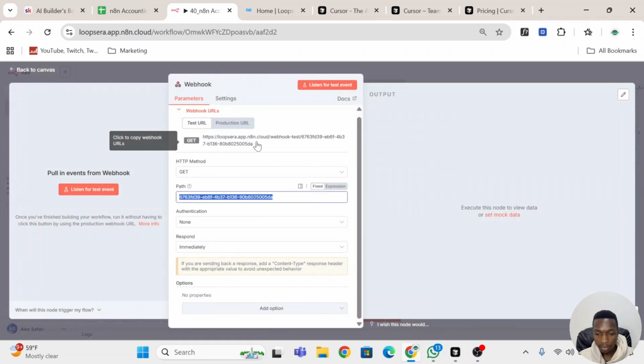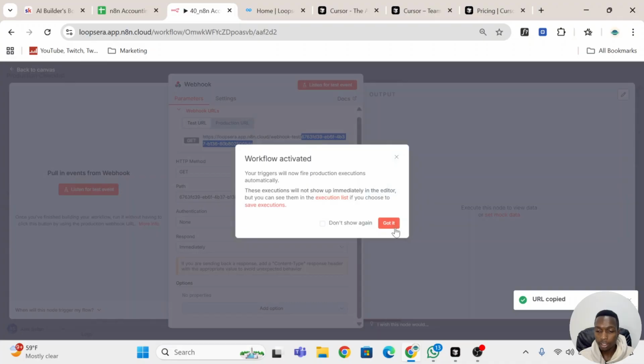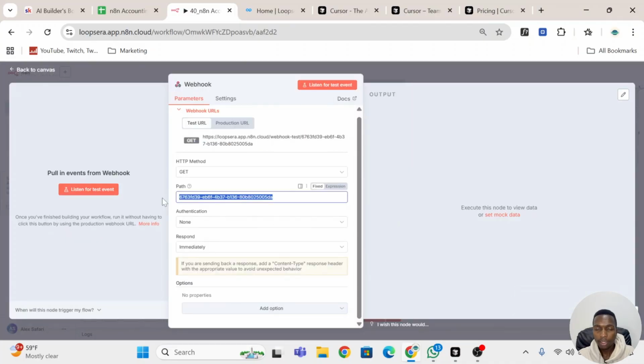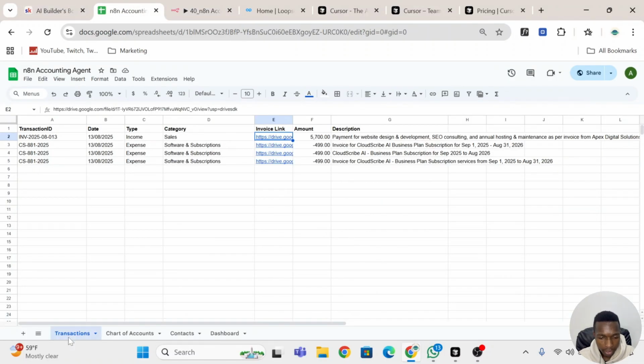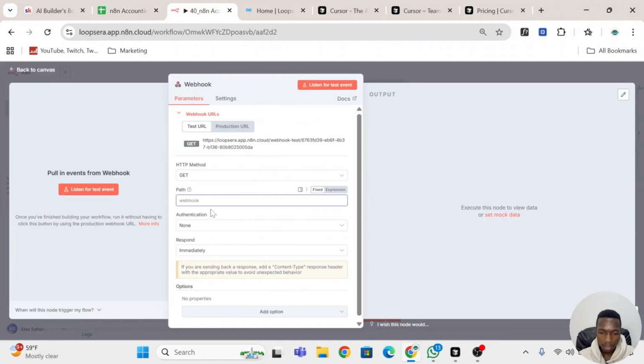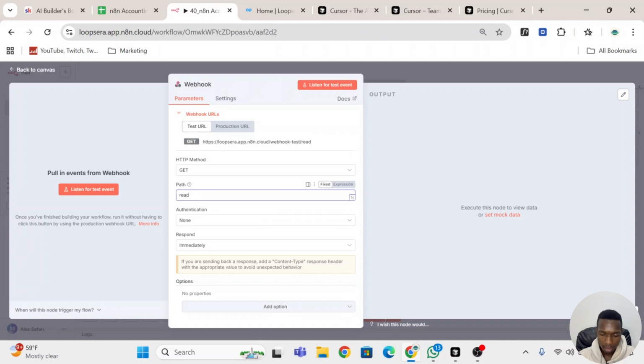So this is the path. The path is simply this whole stuff after the last slash. So that's the path. Let's give it a relevant name. So we are reading transactions. So we'll say read